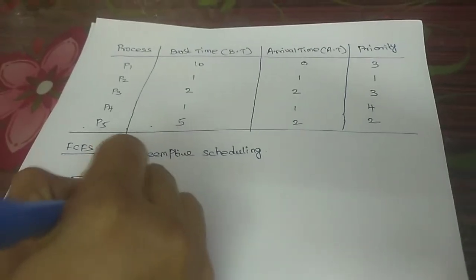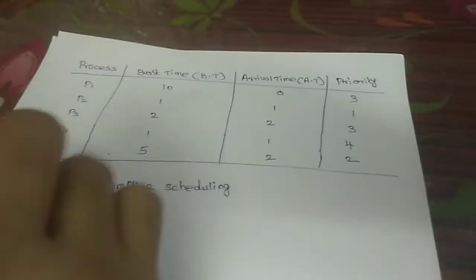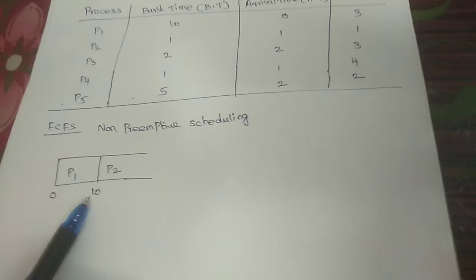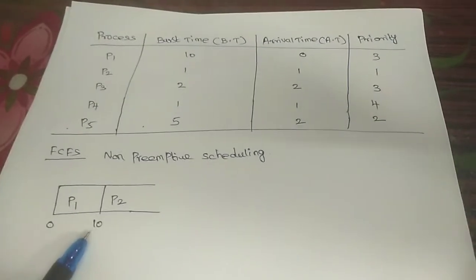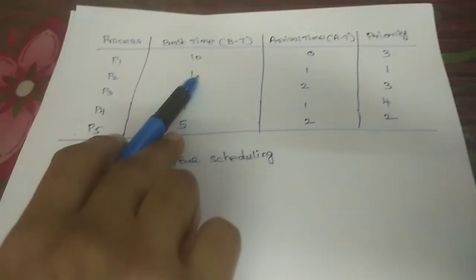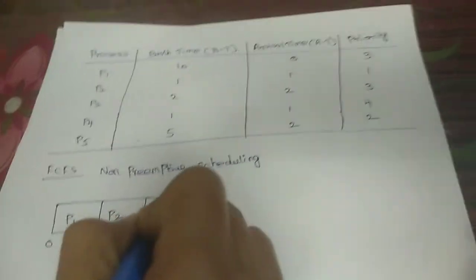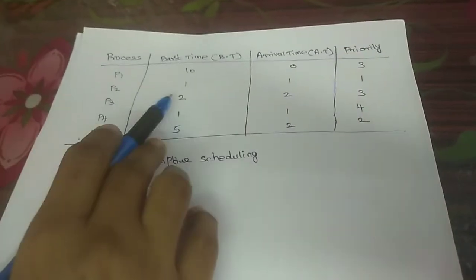Okay, 10, and then the process P2 will be entering. The burst time of the process P2 is 1. Because in the processor we are currently at the 10th millisecond, we add 10 plus 1, that is 11. Next we have P3, which enters the processor with an execution time of 2. The current time is 11, so we add 11 plus 2, that is 13.